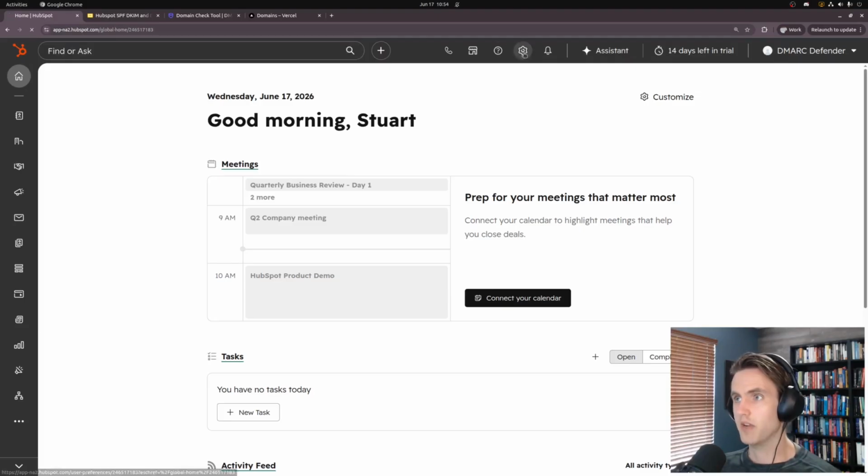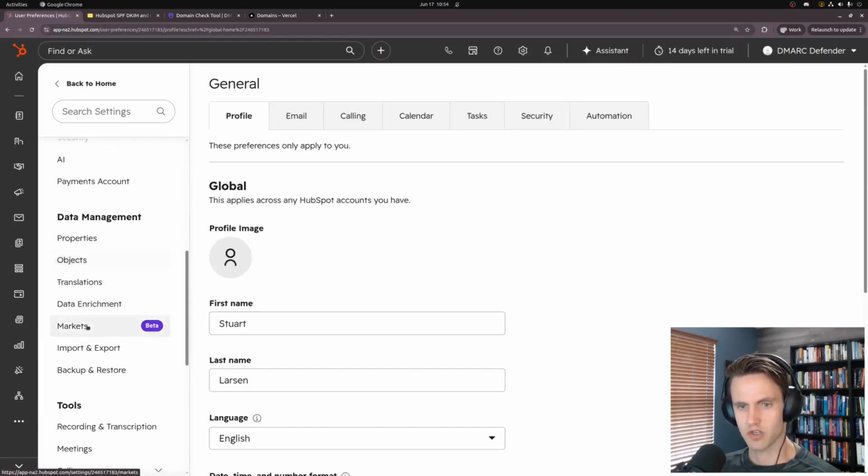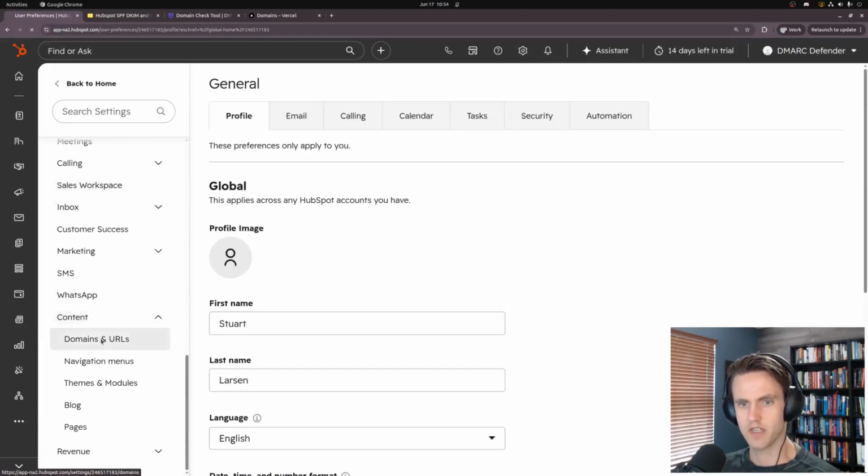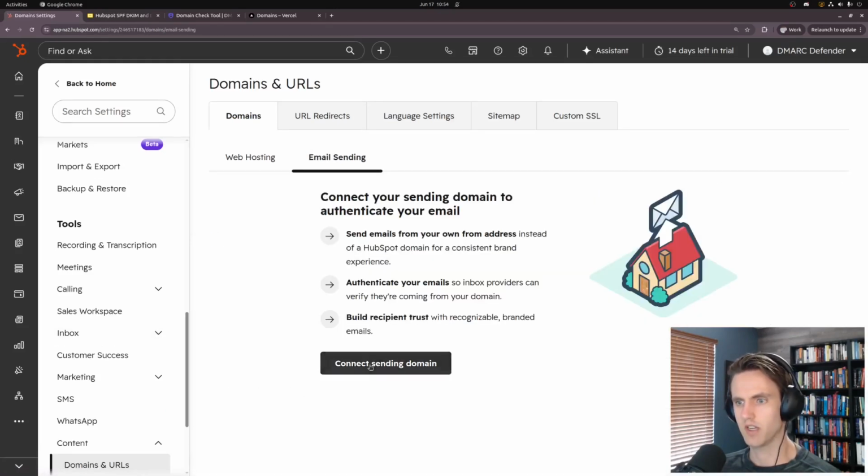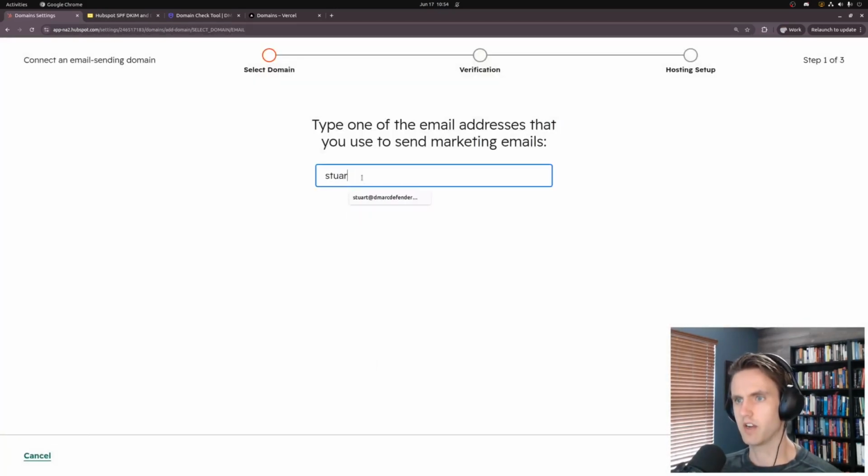So to set up the domain, we're going to go to HubSpot settings. We're going to scroll down to content, domains and URLs. We're going to go to email sending, and we're going to connect to sending domain. Here I'm going to go Stuart at